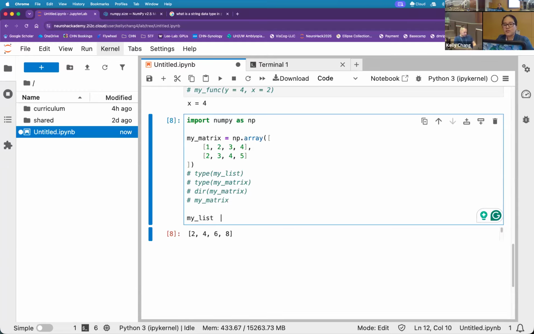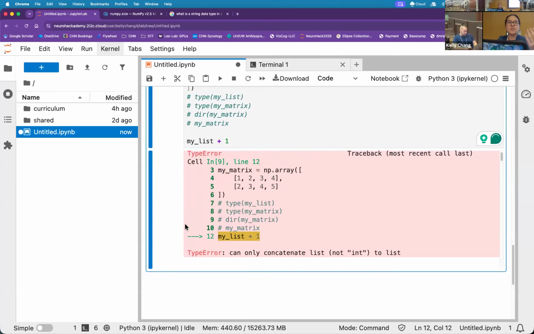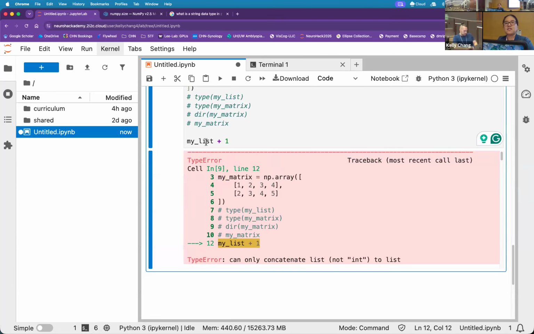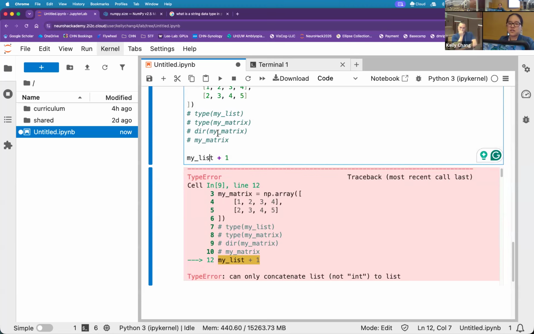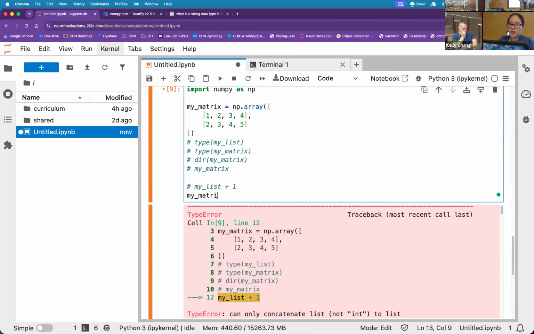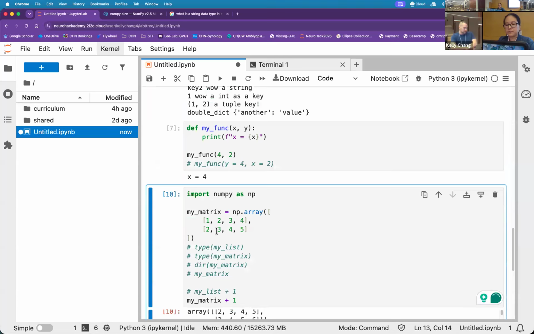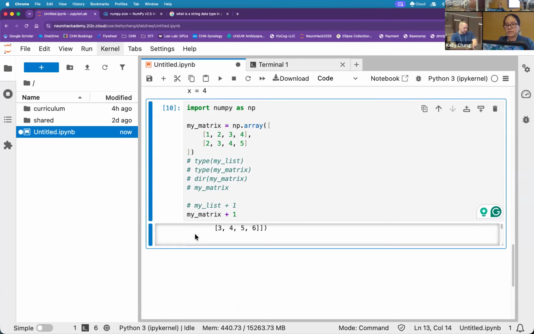If I try to do math on this, you get errors, right? It's not like Python base-wise knows that this list will need to have every single element add 1 to it. It's not a mathematical object because my list could have also had characters in it. What is it going to do in that case? So in this scenario, when we have a my matrix and we do a my matrix plus 1, all elements in my matrix got an add 1.